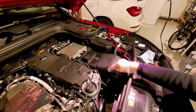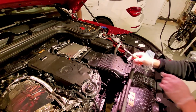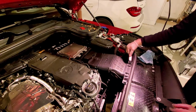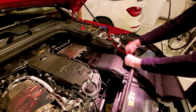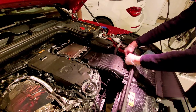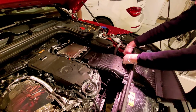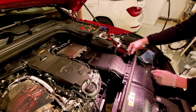Okay, to remove this oil filter, first we gotta remove this duct, plastic duct. And the tool we need is a little notch here with a chisel to just kind of pry up the two plastic fasteners. Alright, so take off this block and then